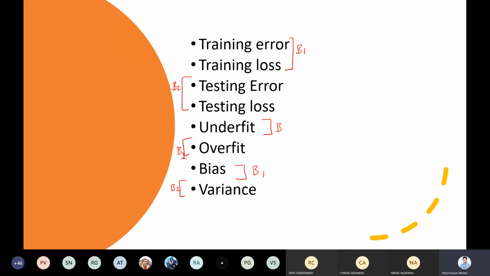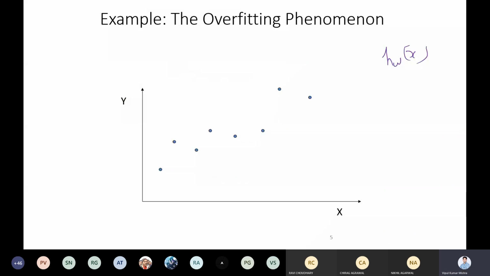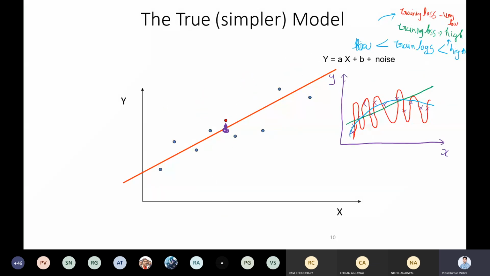So these are the terminologies that most places normally use. So we have seen the bias and variance over there. We also experimented, and we have seen this graph. In this example you want to fit this kind of curve. We found that if you fit a simple straight line, that green straight line, then the training loss itself will be very high. So you can say this green line is an underfit model.